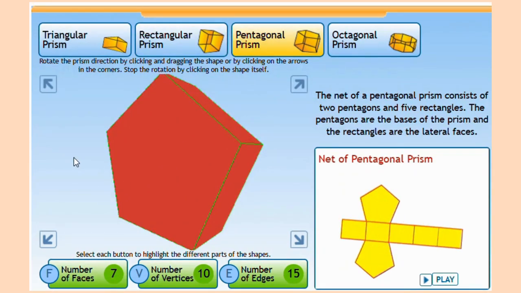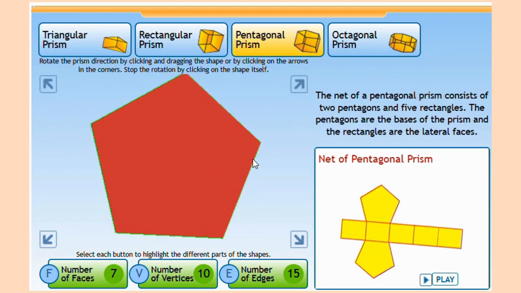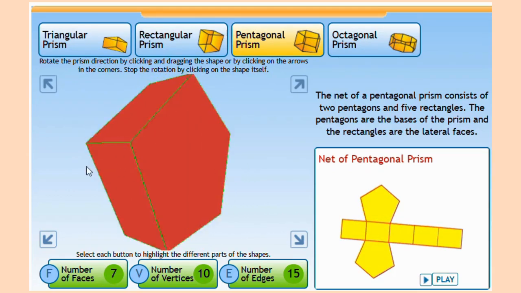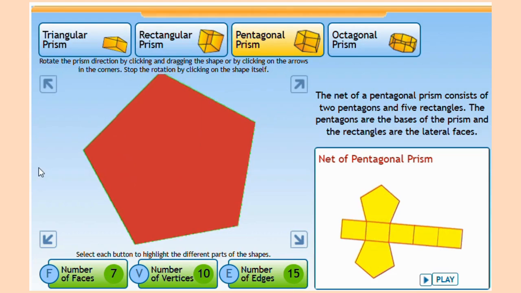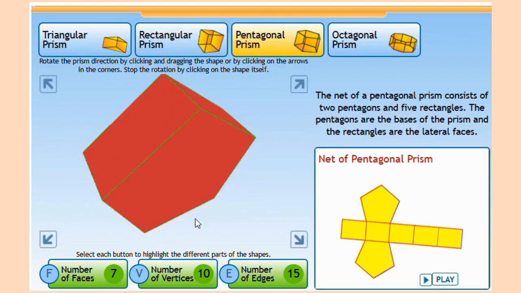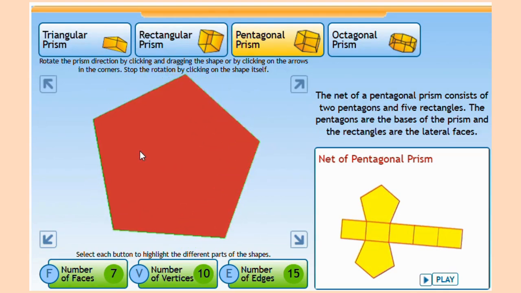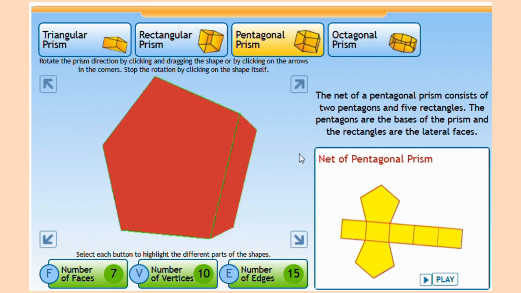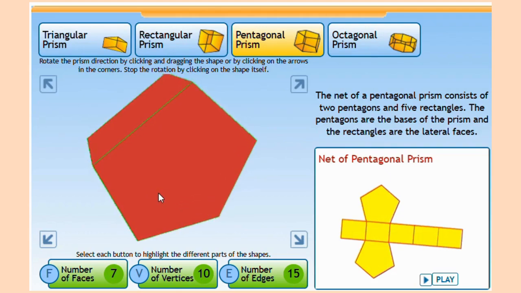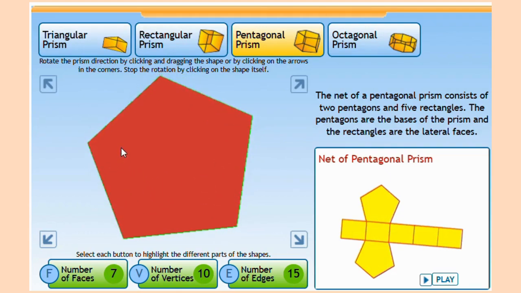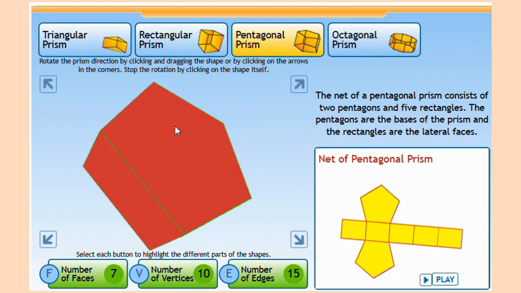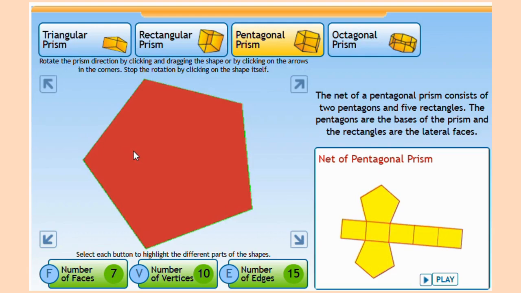Prism is called that because it has a pentagon base, and directly on the other side there's also a pentagon. So meaning there's two shapes of the same kind, which is a pentagon. The pentagons are then connected by rectangles from every side. So if you look at the number of faces, we have 2 pentagons, and then from each side 1, 2, 3, 4, 5 rectangles, which makes it 7 faces.